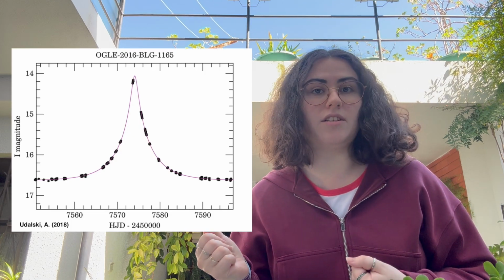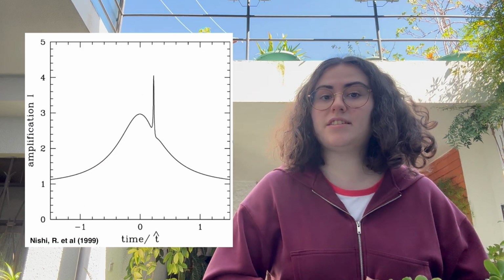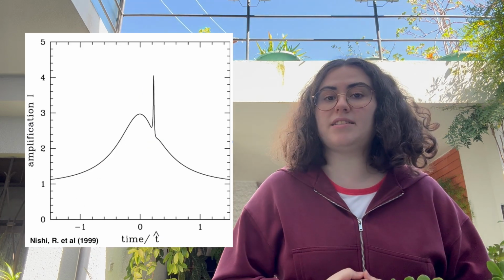Now, if that traveling star has a planet, you will have 2 magnification events, which helps us detect exoplanets. This method is not the best, as these events occur very rarely, and only provide information on one particular location of our galaxy. Usually, we observe towards the center of the galaxy, as the likelihood of another star crossing another is higher.